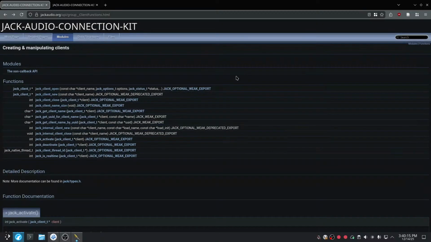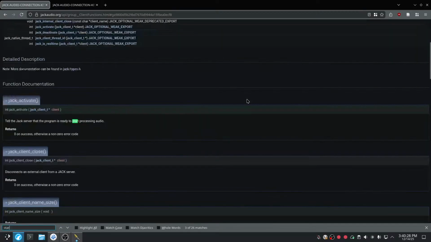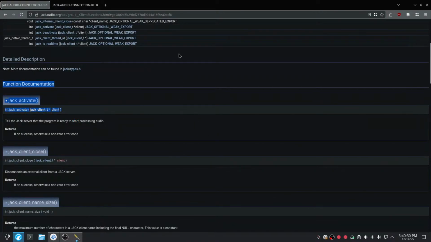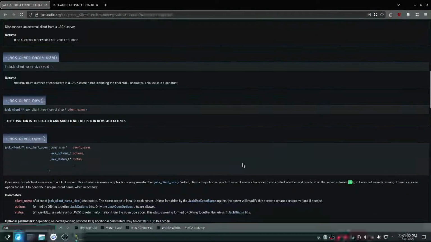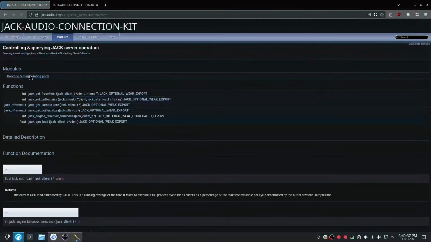What we can do then, we open the client, that works. Okay, jack_activate, that is ready to start processing audio. I don't think it actually starts anything though. Does it? Because setting client callbacks is